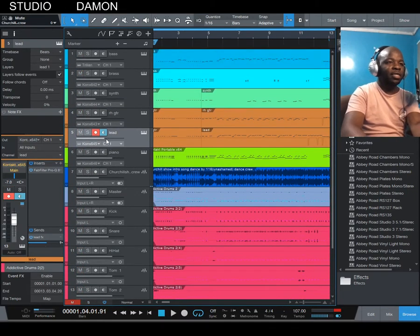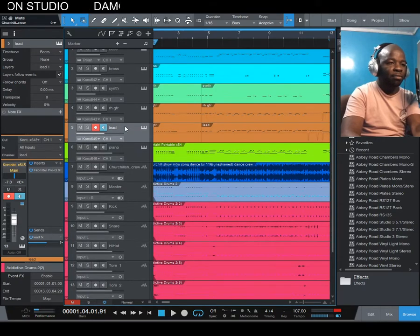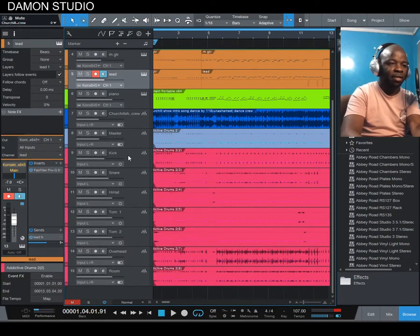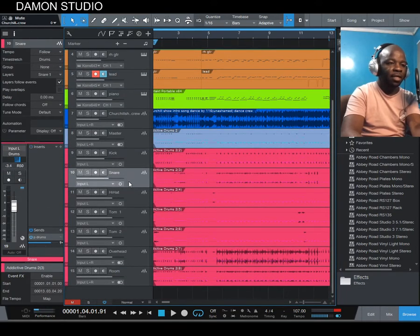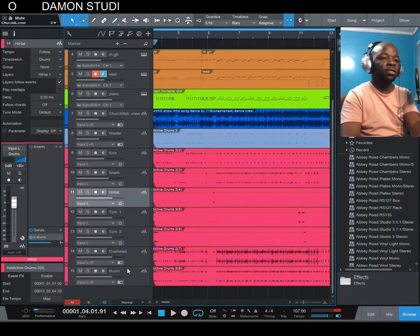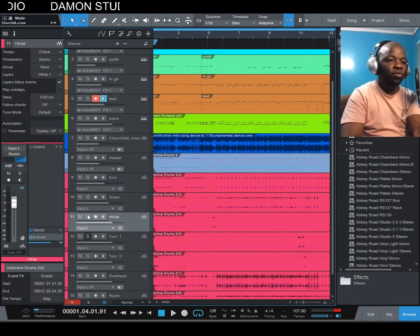Now, I started by coming up with the drum part, and my drum parts are in red. If you can see here, I have the kick, I have the snare, I have the hi-hat, tom 1, tom 2, and of course the overhead and room mics. And I was using